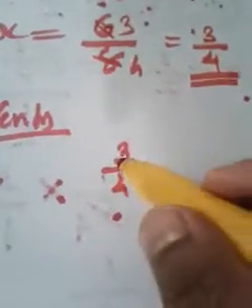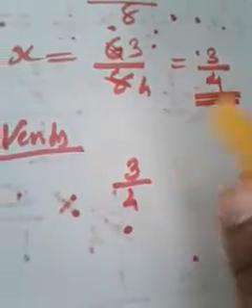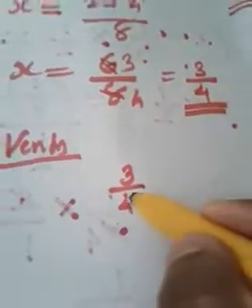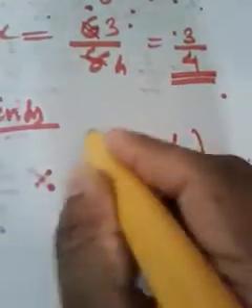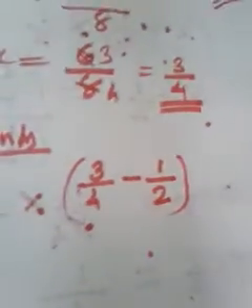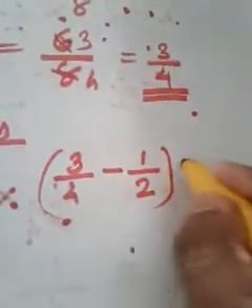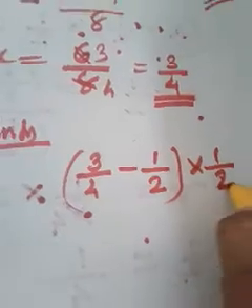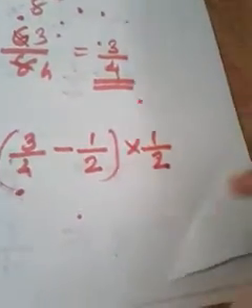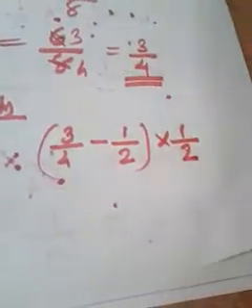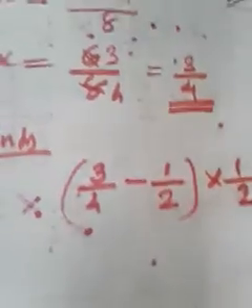When we started by writing x, at that time we didn't know what the number was, but now we have got the number. So just write 3 by 4. I have to subtract 1 by 2. Then with the result I have to multiply again with 1 by 2 according to the question. Then what result do I have to get? I have to get 1 by 8. I am going to calculate this and check whether I get the result as 1 by 8. I think you understood.